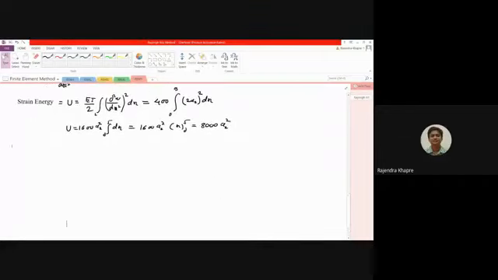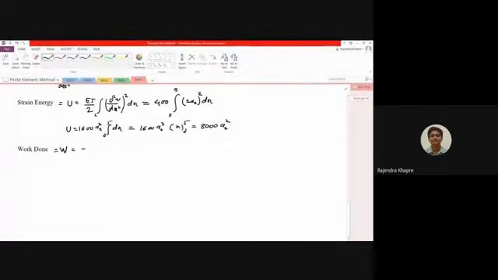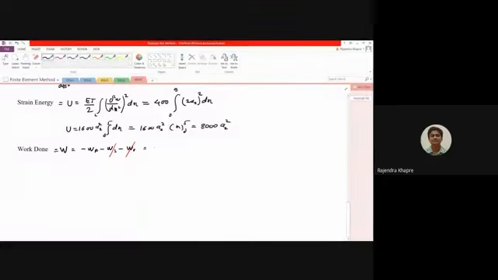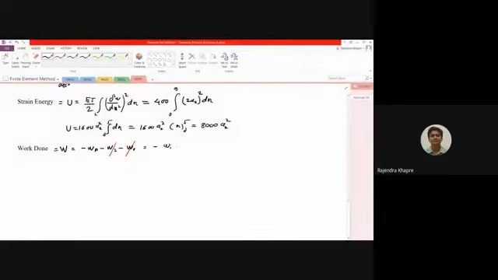Now let us go for the work done. For work done, we have an expression which is written as capital W, and we have the work done due to the point load, work done due to the surface load, and work done due to the volume load. In this particular case, the surface load is not there, volume load is not there, so only the point load is there, and it is written as the W at that point and the load at that particular point. W is nothing but the vertical deformation at that particular point, and this will be P